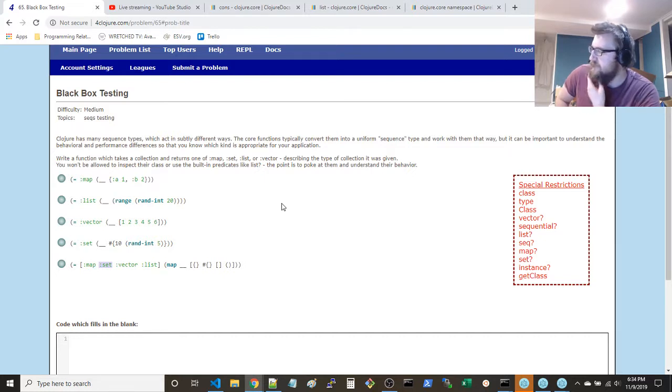The problem with this set is it's sorted. That's the difference. You can cons anything to it. If you add multiple things to it, it doesn't really change much because it's sorted.